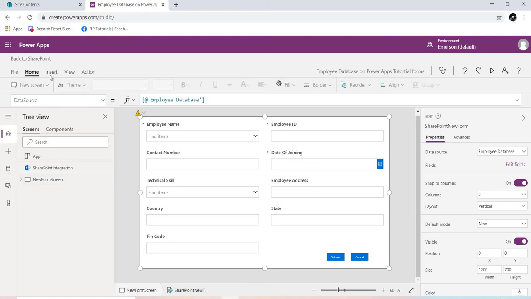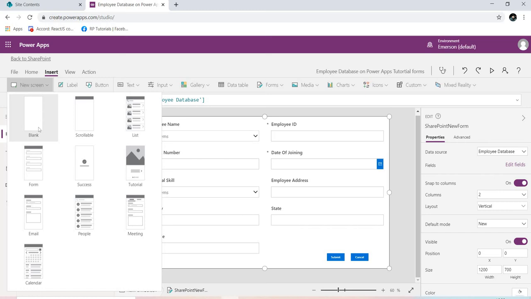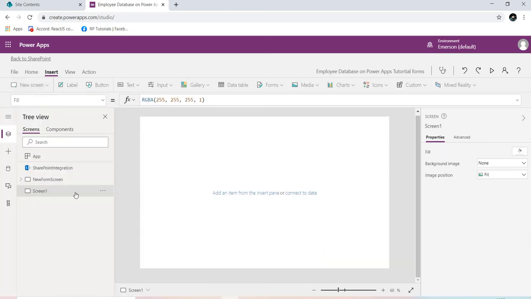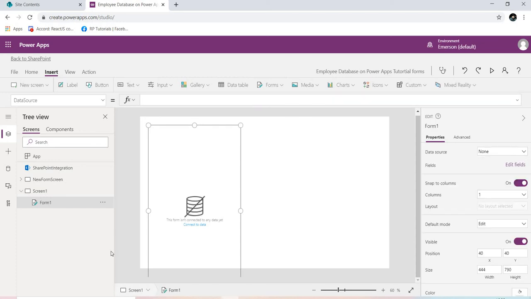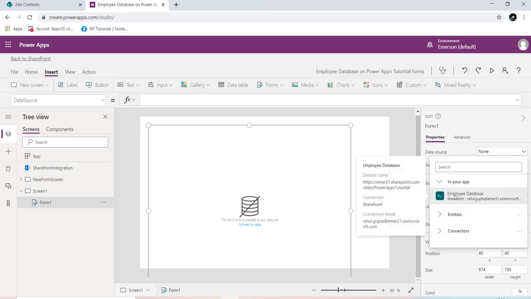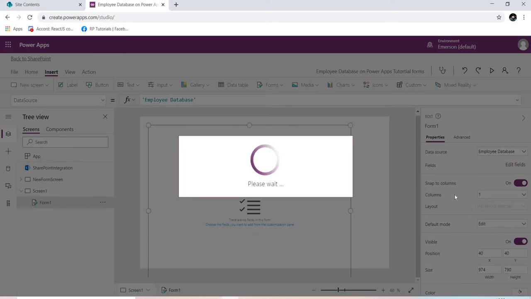Either you can click on insert, then insert new screen, select blank, and then you have to insert a form. So you can go to forms and click on edit because we want to edit the form. So your edit form will be added. Now you have to select your data source, which you can select from here. So employee database. Now the fields will get loaded and you have to go for the editing after that.